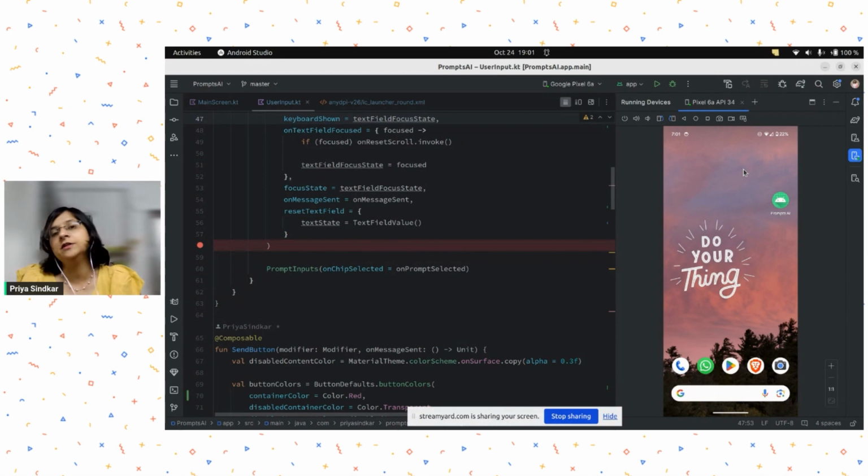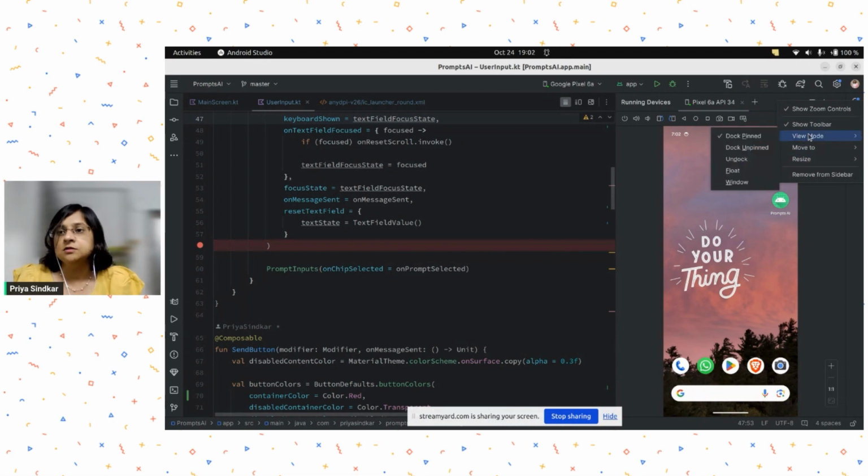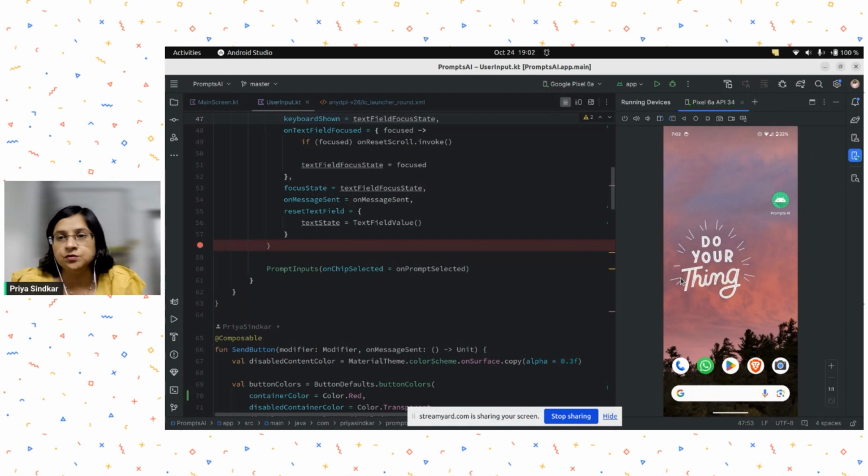You don't get that with HCRCPY, but you get it now from the running devices. You can also choose to dock it or unpin it or undock it and let it float around by itself. It's really a personal choice. I usually put it right there in my studio, where I can see my code and I can also see